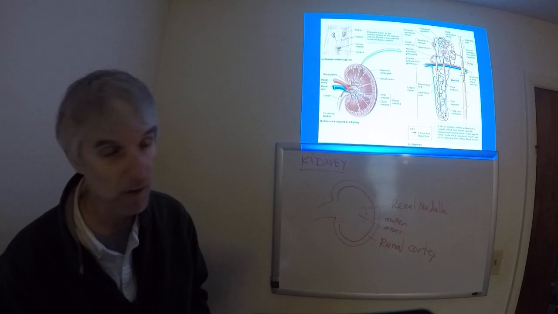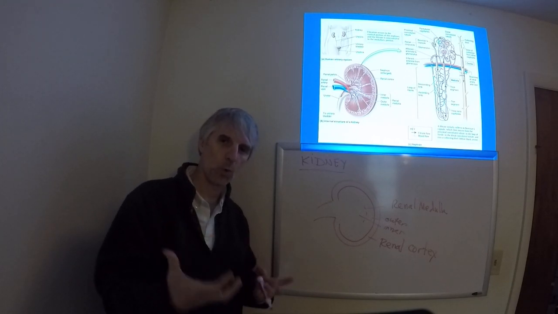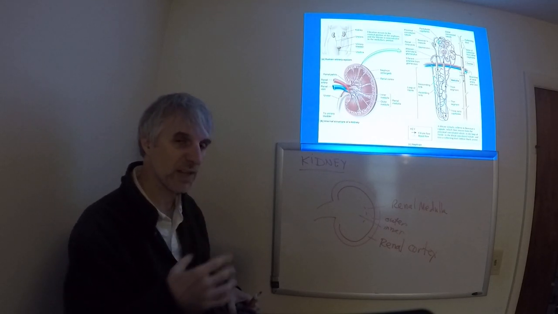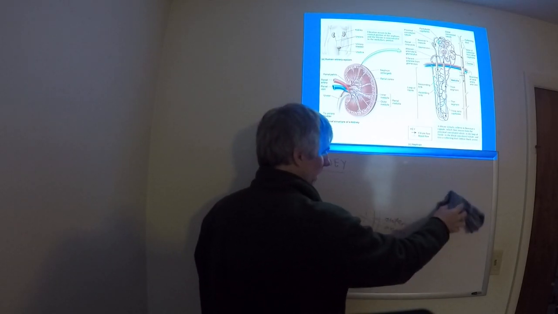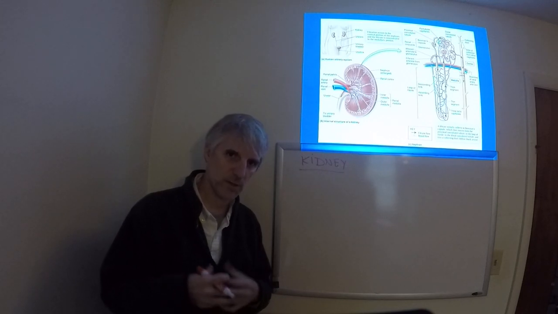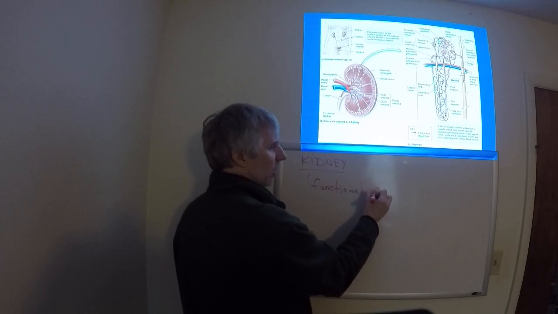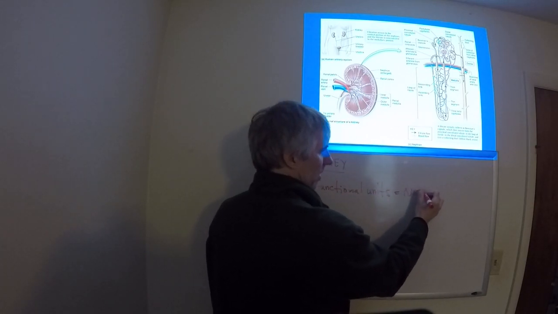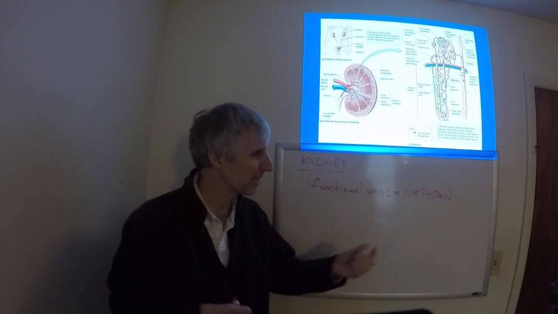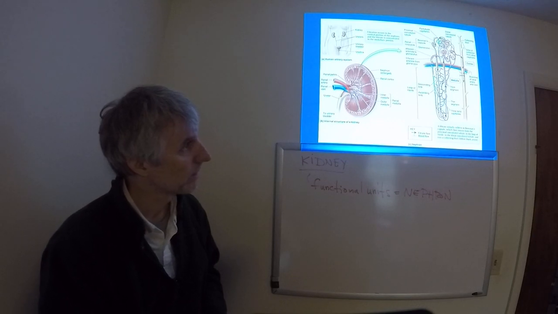All right. Now, within the kidney itself, we have the pieces that do the work. They're doing the majority of the work within the kidney. And we refer to these as the functional units of the kidney, kind of like we refer to the functional units of the nervous system as neurons. The functional units of the kidney are called nephrons. Again, when you see the prefix renal, think kidney, but also when you see nephro or nephros, think kidney as well. All right, so